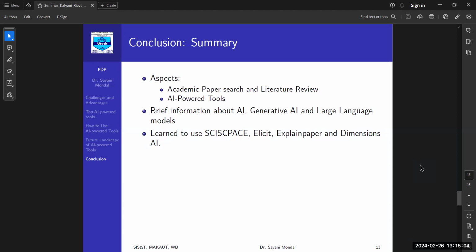Okay, so coming to this last slide, I want to summarize the whole concept which has been discussed in today's presentation. We have understood what academic paper search is and how it is related to literature review, and how artificial intelligence incorporated tools are being used to ease this paper search, as well as the challenges faced while writing or reviewing papers. We have gone through very brief information about artificial intelligence, generative artificial intelligence, and LLM models. And we have learned with live demonstrations of Elicit, SciSpace, Explainer, and Dimensions AI apps,